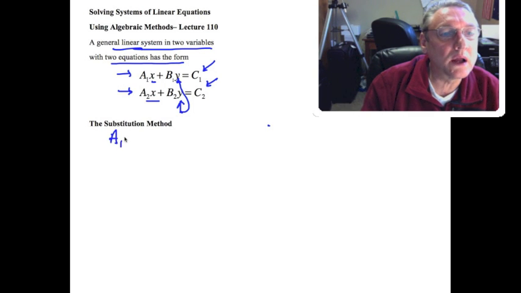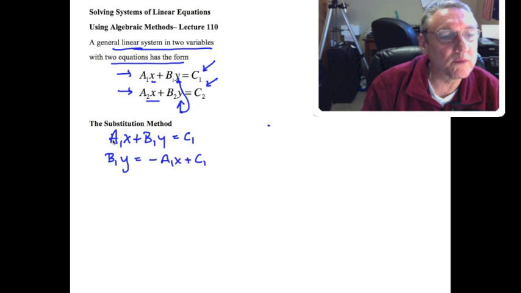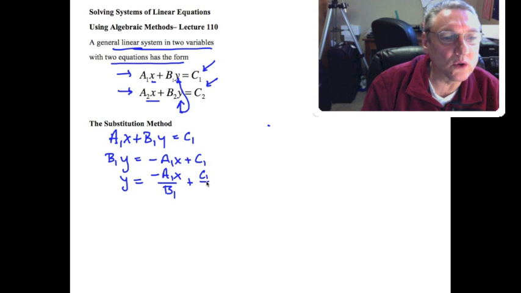Notice that we have a1x plus b1y is equal to c1. We can rearrange this and say, well, this would be b1y is equal to negative a1x plus c1. So I've put the a1x on this side. Therefore, I can write y is equal to negative a1x over b1 plus c1 over b1 when we divide everything through by b1. I now take this y and I look at the second equation,